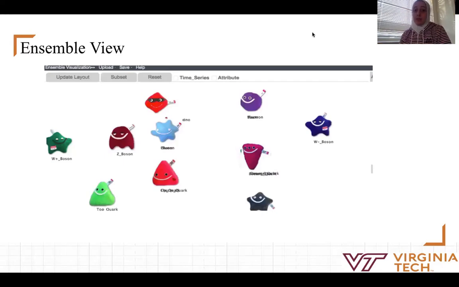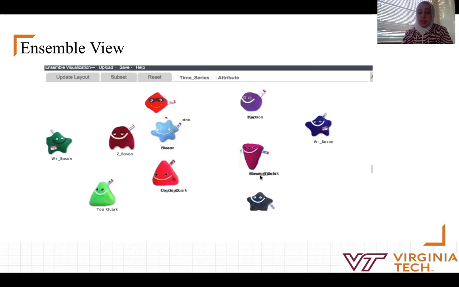Getting to the first view in our visualization tool, which is the Ensemble View. Ensemble View is where high-dimensional inputs and outputs are projected from high-dimensional space to a low-dimensional space using weighted multi-dimensional scaling. Each member here represents an ensemble member. This ensemble view is not a scatter plot. It has no axes or units. It's just a relative similarity. So what we mean by this is that